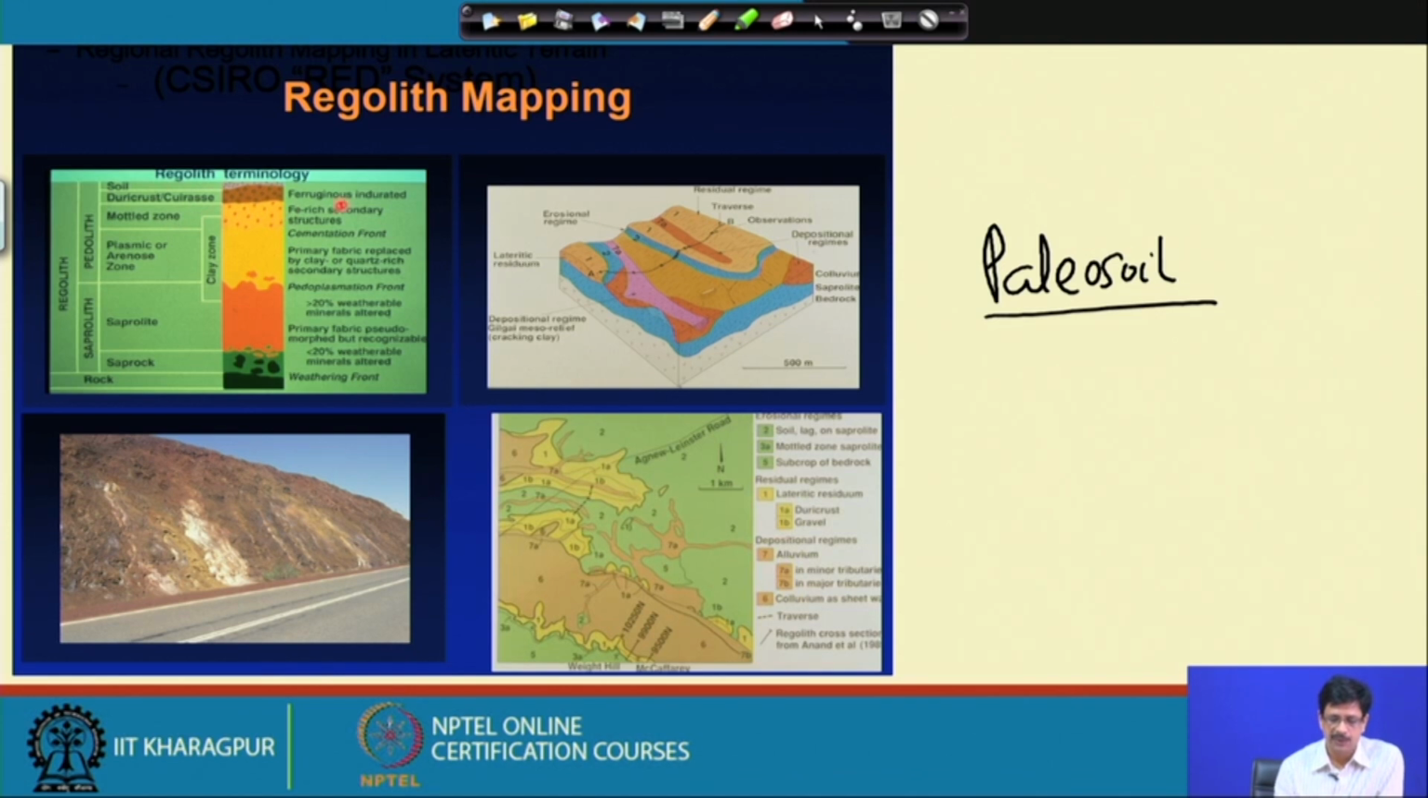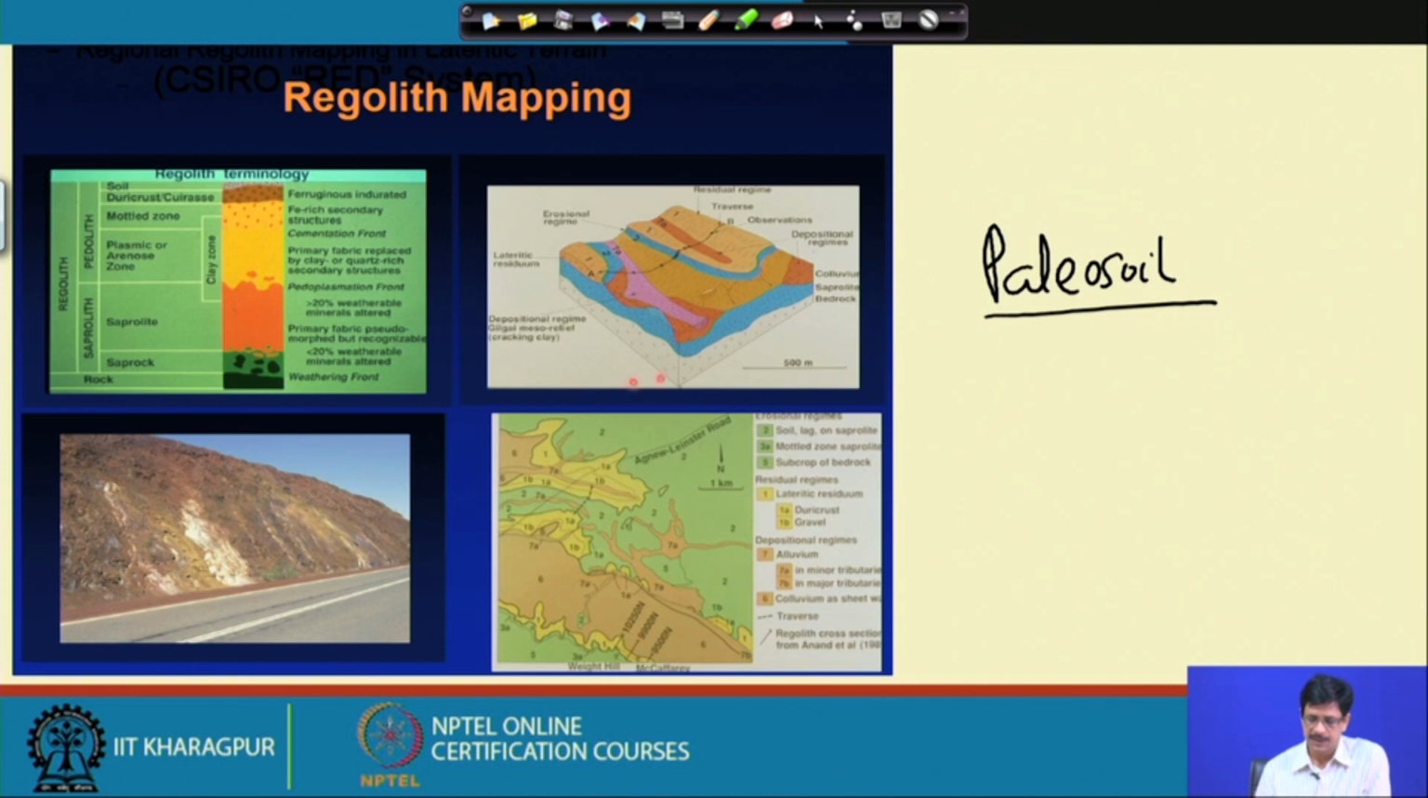followed by a duricrust, means a compacted layer which consists of ferruginous material, iron oxide material, and that is how it is shown by the pisolitic kind of structure. And the pedolith is basically divided into a plasmic or arenose zone, the mottle zone, the duricrust, and the soil. So, this is shown on a cross section here,